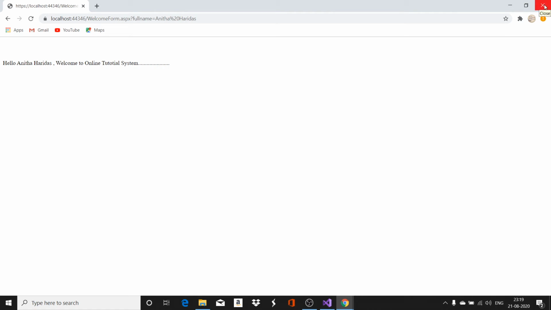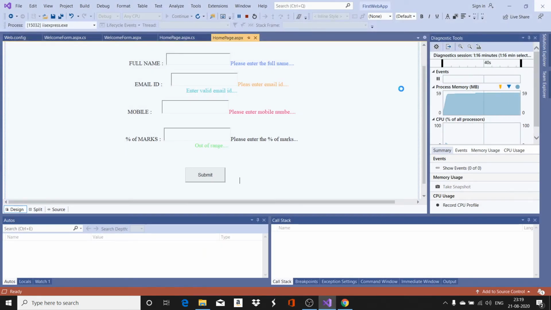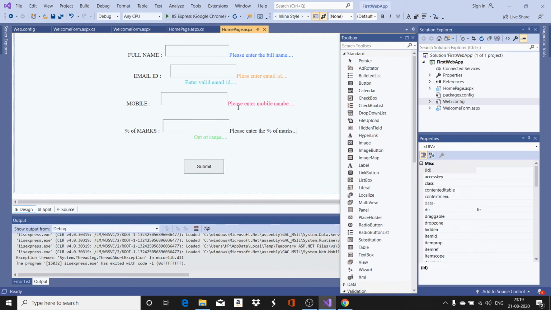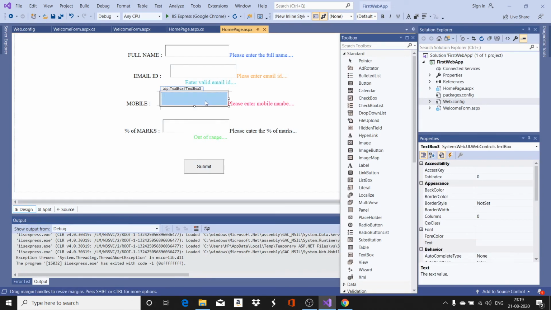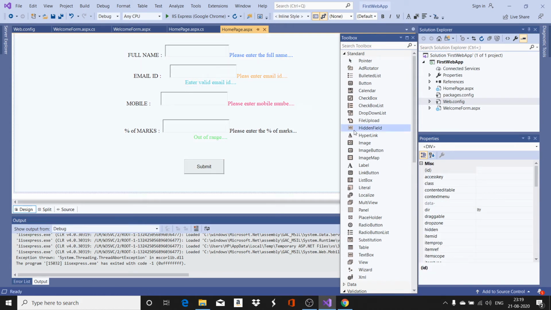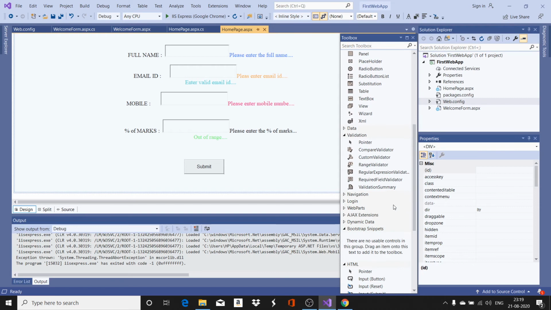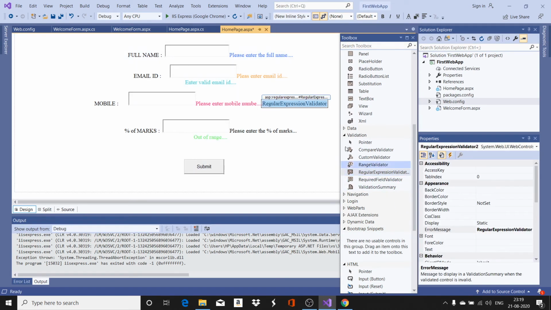Okay. Now another thing that we are going to see here is a valid mobile number. So only if 10 digits are entered, I am going to say it is a valid mobile number. So what I have to do, again I go for adding a regular expression validator. Let me keep this regular expression validator before this.